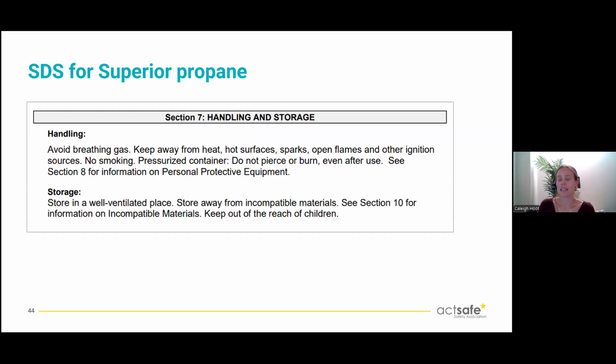So we can see from the SDS, we want to keep the cylinder away from heat, away from sparks, open flames, or any other ignition sources. This doesn't always mean you have to keep it away from light switches, but if there is an ignition source and you have ignition outside of the bottle, it's definitely something to think about. The key here is we want to store it in a well-ventilated area to prevent any gas buildup. So if you do have a leak and it is in an enclosed space, it will sit on the bottom. It will not disperse. We see that we want to protect the cylinder from any physical damage and then keep it away from any incompatible or combustible materials.